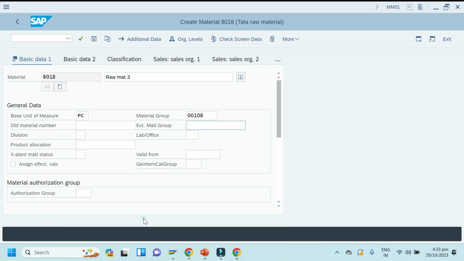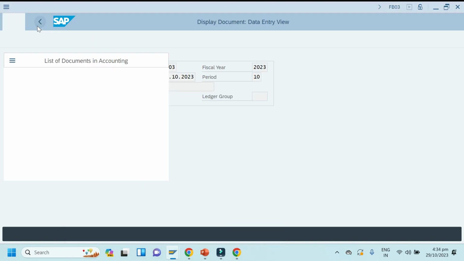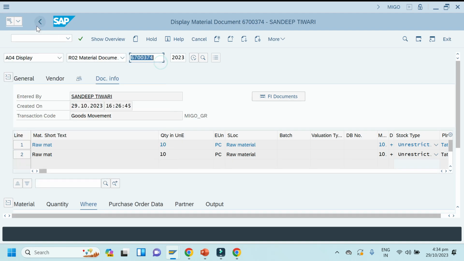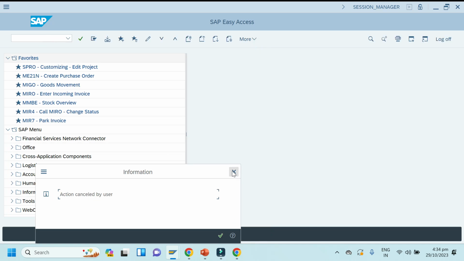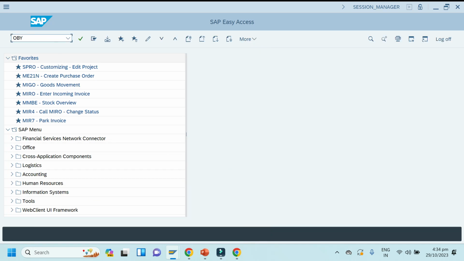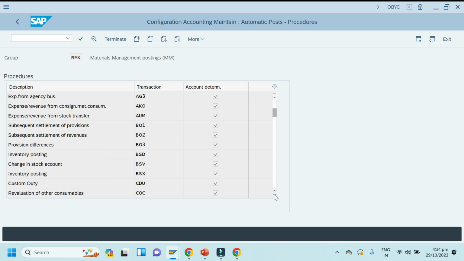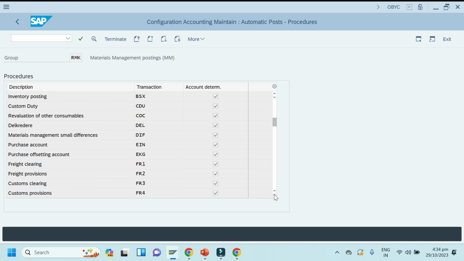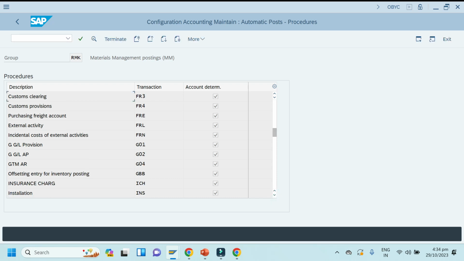Okay, if you see here, go here in OBYC. So what is GBB? You can see offsetting entry for inventory posting. Sometimes in interviews they can also ask what is GBB, so we can say offsetting entry for inventory posting.